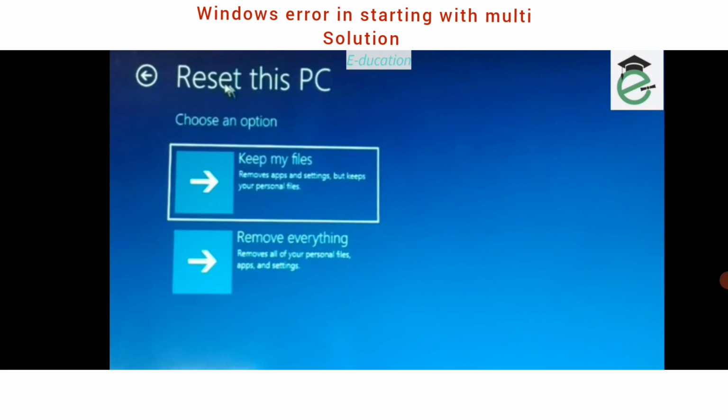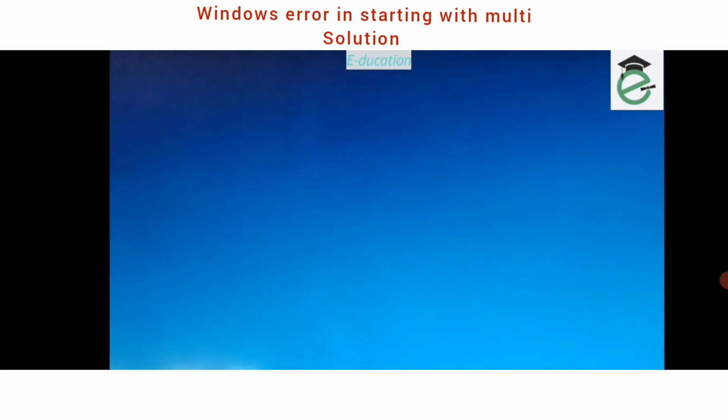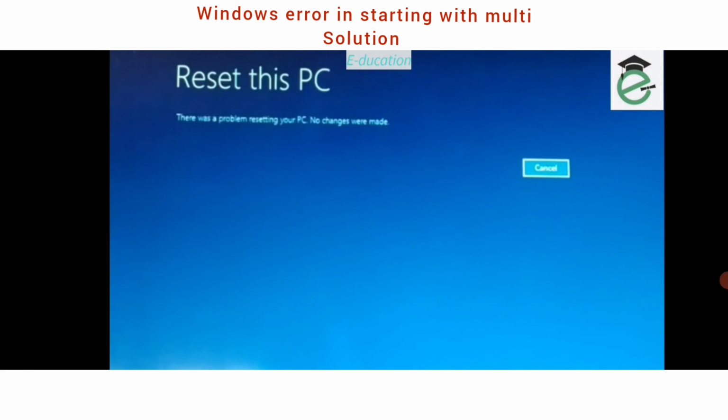Resetting the PC means it will reinstall Windows on your computer, like a fresh start on your smartphone or a factory reset on a smartphone. Your Windows will be installed with new Windows files, and everything will be removed. But if you want, you can remove your personal files too, or if you want, you can keep your personal files. But if your personal files are in the C drive or something,